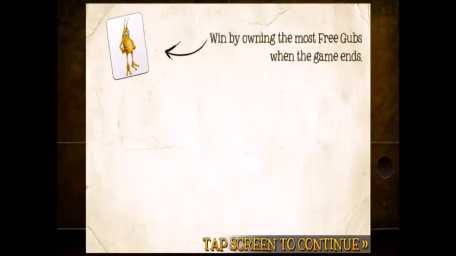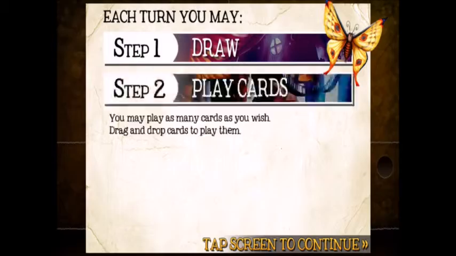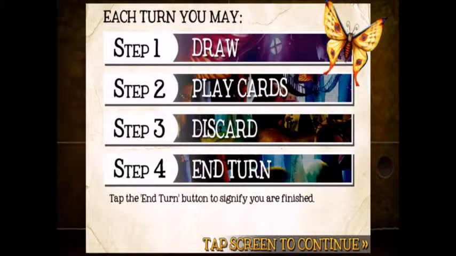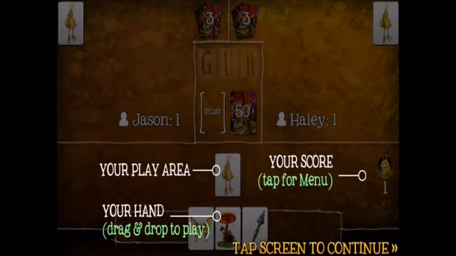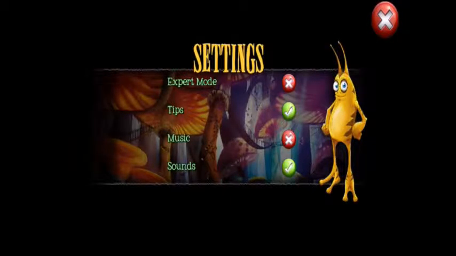The app version of Gubs has great graphics, and the features that it does have are very well done. The tutorial does a good job of introducing you to the gameplay and interface, and there's an expert or normal mode for AI. But this is a solo-only game with no multiplayer options, and that's a darn shame because